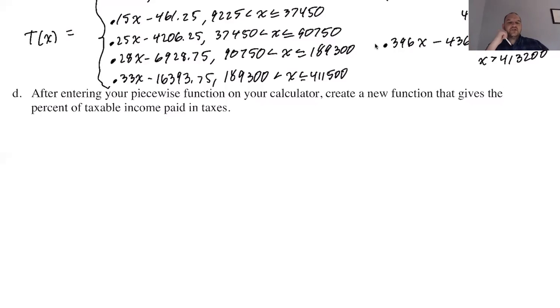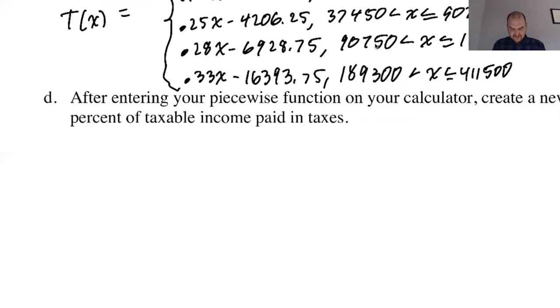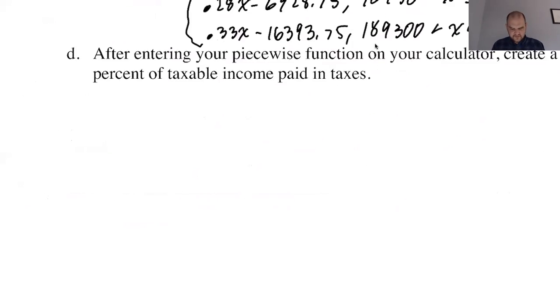All right, so after entering your piecewise function on your calculator, I did that. You don't have to do that. It's terrible. I'm gonna show you in a minute. Create a new function that gives the percent of taxable income that is paid in taxes. So to just think about it. So T of X, as I've defined it up here, so T of X